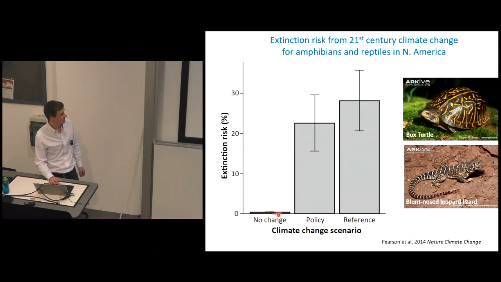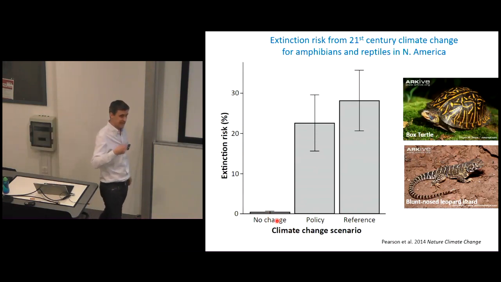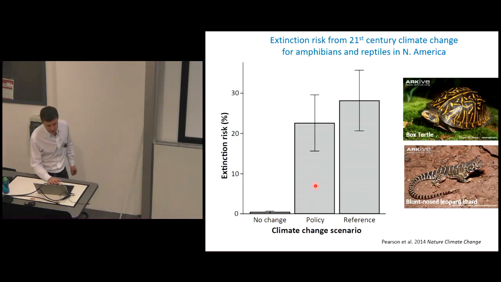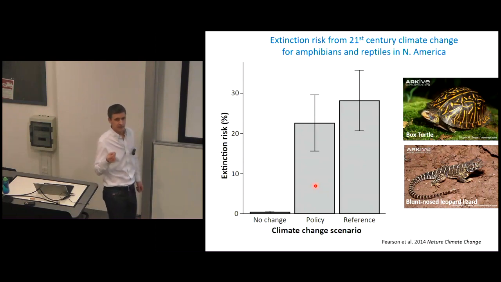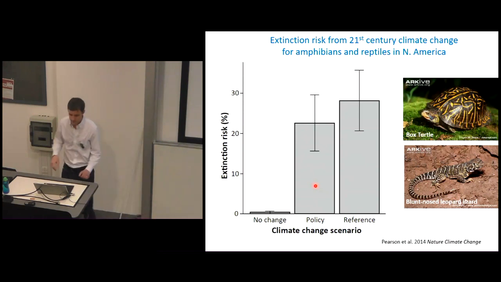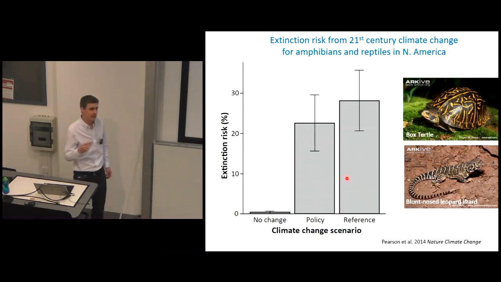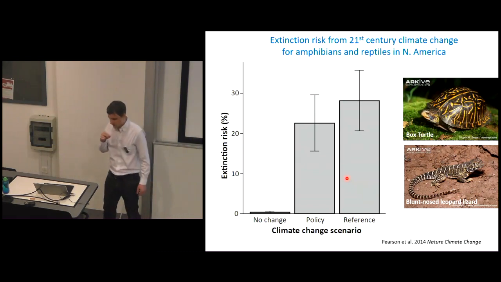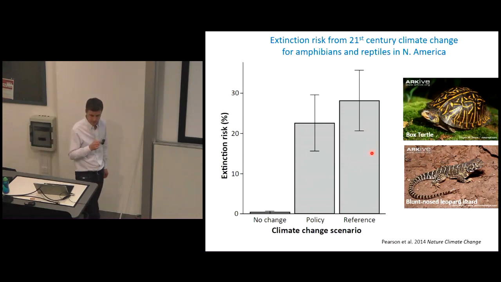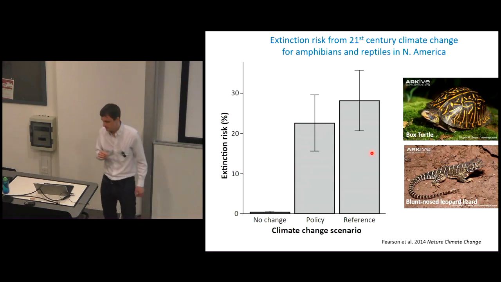A kind of no change scenario. This is encouraging. It suggests we're not just automatically overestimating in our models, because there's a very low extinction risk without climate change. Then a policy scenario, a kind of Paris Agreement scenario, if we actually mitigate climate change to a degree, and a reference scenario, a bit more of a business as usual type scenario. What we find with these models is that climate change is going to cause quite a pronounced increase in extinction risk over the next 50 to 100 years or so, looking at 25 to 30% extinction risk,